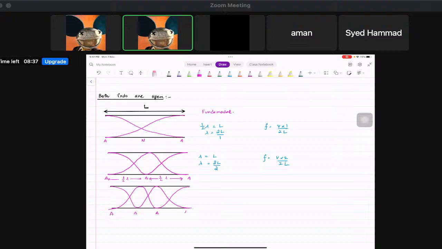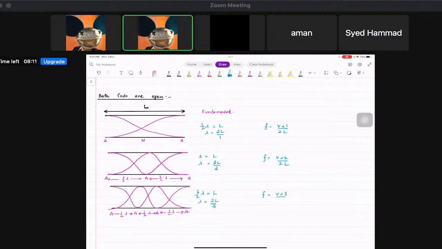So half lambda between this and this, half lambda, and half lambda from antinode. So now if you look at it, 3 by 2 lambda is L, so lambda will be 2L by 3, and the frequency will be V times